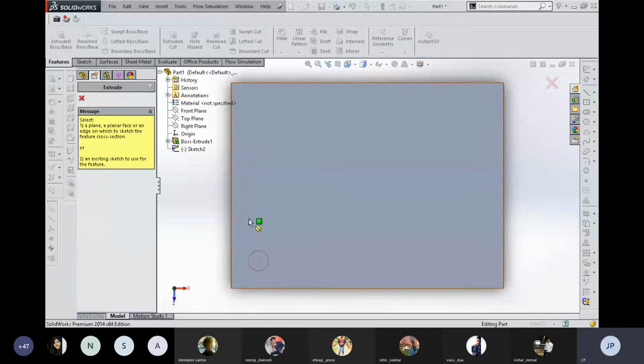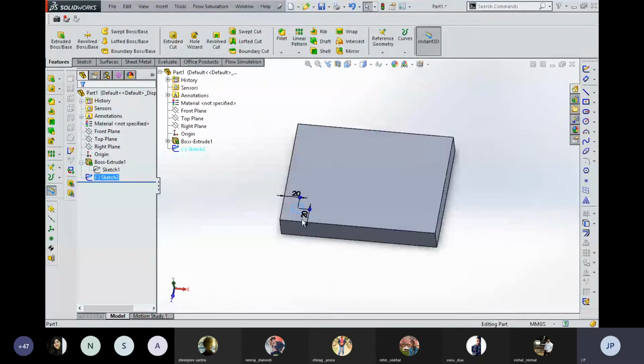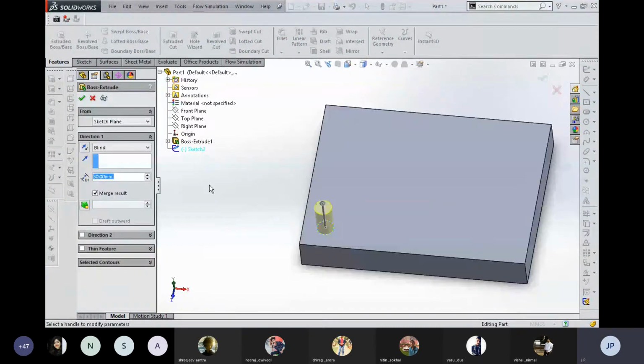There's one more thing: while using the extrude tool or adding or removing material, suppose you select the extrude boss tool, as I'm using right now, and you need to give dimension or thickness to that component. You can select the sketch, or you can select from this tree which sketch is required to get the thickness of that part. Okay, so you can see this. Right now I'm going to take the default value of this part, that is 30.